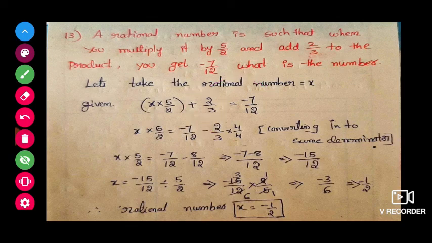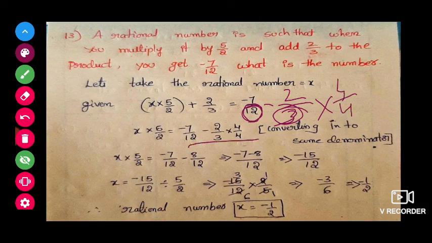And children, minus 2 by 3, 7 by 12 minus 2 by 3. We cannot proceed with this, because here the denominator is 12 and here the denominator is 3. Whenever we are doing addition or subtraction between two fractions or two rational numbers, the denominator should be the same. Here, to get the same denominator for 2 by 3, since 12 is there, it is possible to get it by multiplying with 4 by 4. That is what I am doing.